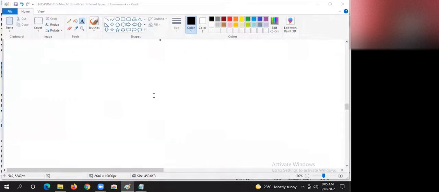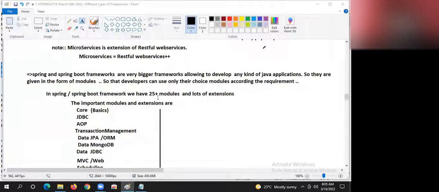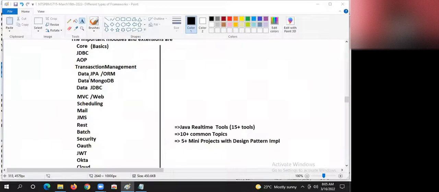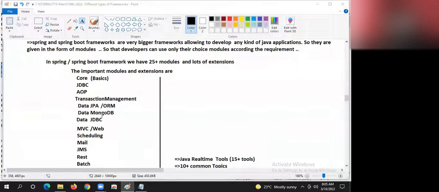Shall we get into the subject, guys? At least now you got an idea why they divided Spring into modules. What is the reason behind dividing Spring and Spring Boot into modules? So that they can pick up and add only those jars, those libraries in which they are interested. Suppose all these modules together were given as a single jar file.